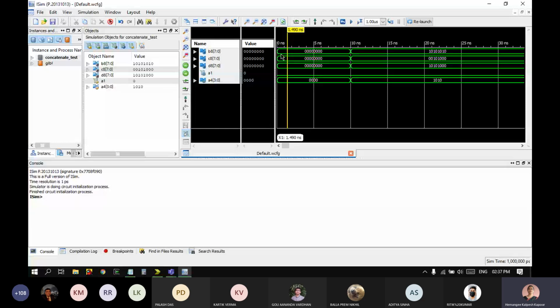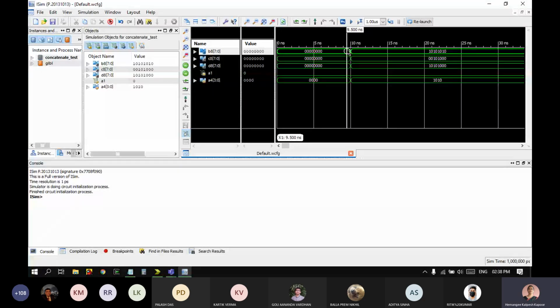Then when we initialize it, we had put everything at 0, so all our statements will result in the value of 0. After 10 nanoseconds, your inputs have changed. A1 and A4 have changed, and that has resulted in B8, C8, and D8 also changing. Because we do not give anything else after this, henceforth till the end of the simulation, the inputs will remain the same, and the output also doesn't change.